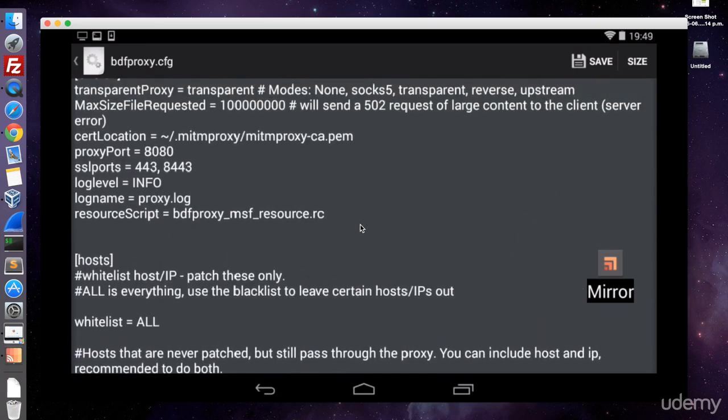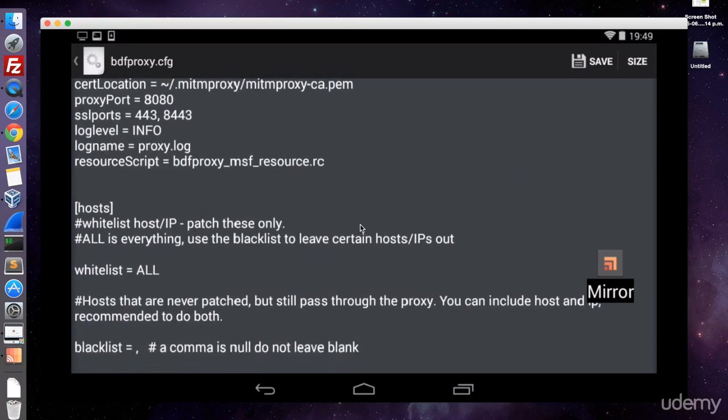Because this proxy backdoors any downloaded zip or exe or macOS executables, if you start a multi-handler on only one port, you're only going to receive one type of shell. So you will not be able to receive shells for different operating systems. So what this does, it actually comes with a Metasploit script that runs a number of handler instances simultaneously so that you can listen on different ports for different operating systems. So you can see here, if you scroll down,